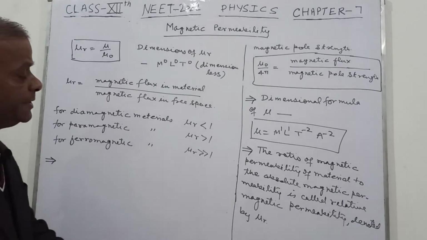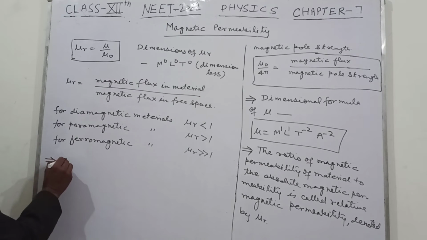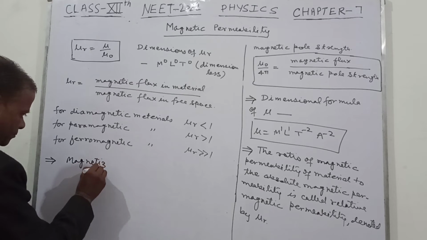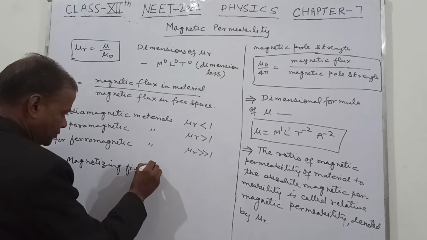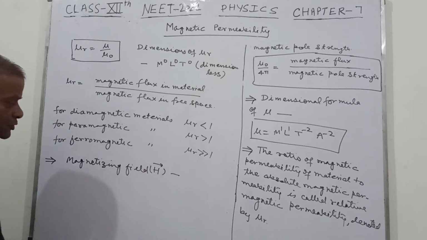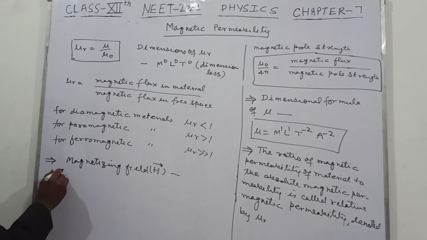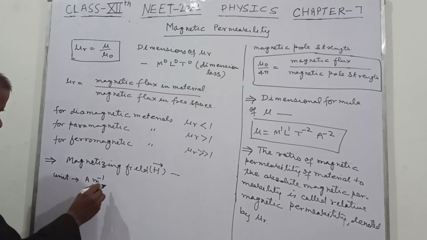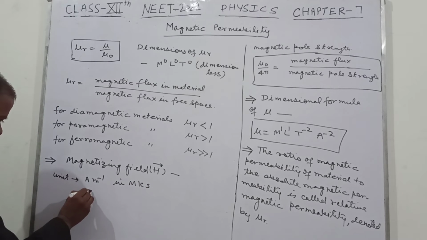Now we are talking about the magnetizing field H. The unit of this one is ampere per meter in MKS, and we have the oersted